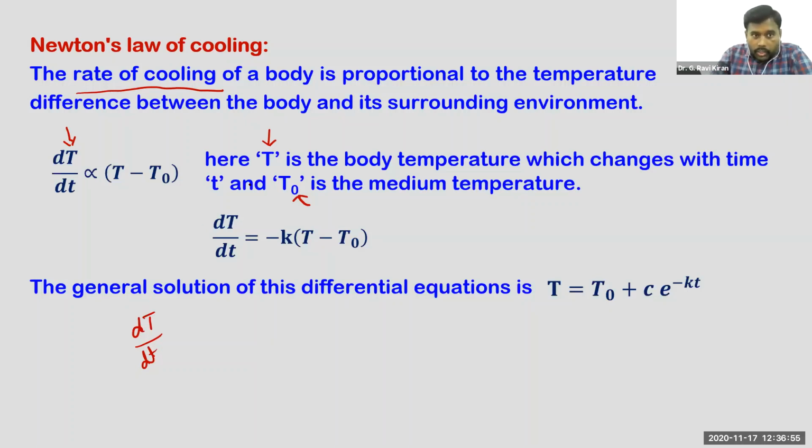Now what he says here is that this rate is proportional to the temperature difference between the body and that of the surrounding medium. So it says dT/dt is proportional to T minus T0. But when we replace this proportion, because the temperature is getting decreased, we are replacing it by a negative proportionality constant here, right? As time increases, the temperature comes down. That's how there is an inverse proportion there. That's why we took a negative proportionality constant here. All right.